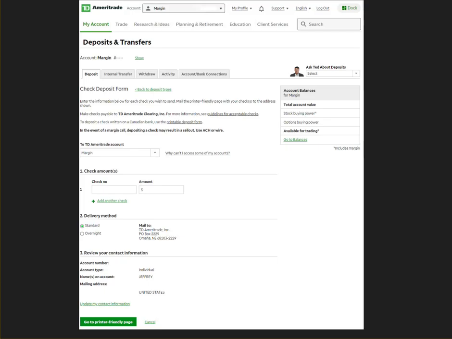Okay, this is the deposit form. So again, make sure you're in the right account. Just type in the check number, the amount you wish to deposit, and I just mailed it standard mail. Here is the mailing address,